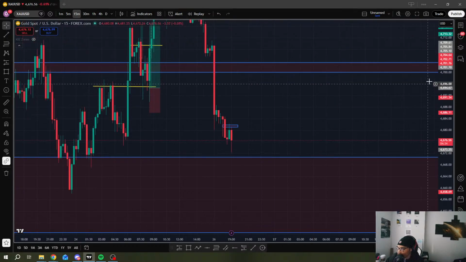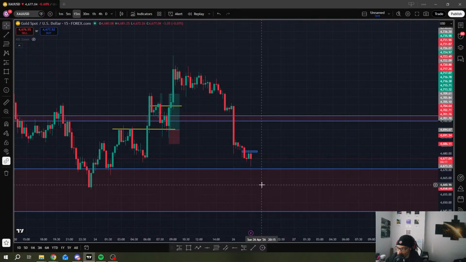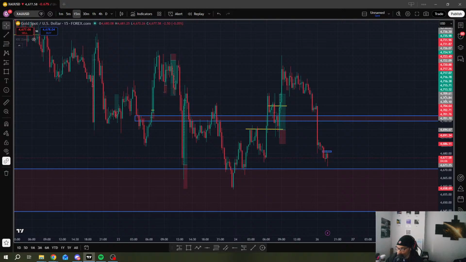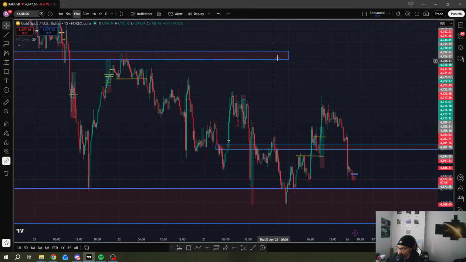Alrighty, let's see what we got. 15-minute. So yeah, I'm looking for buys in this area. I would need a very strong rejection though for me to get buys in this area. If I don't get a very strong rejection, then I can kind of say bye-bye to that analysis. If we just get a strong push and strong candle closures, then there is no buy opportunity. But if we get some rejection, y'all, there will be a very massive buy opportunity to potentially bring price back to these previous highs here.